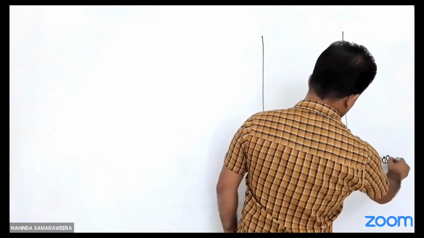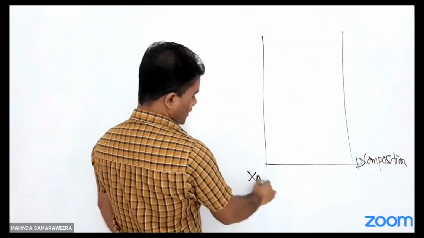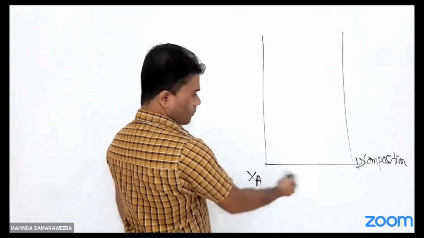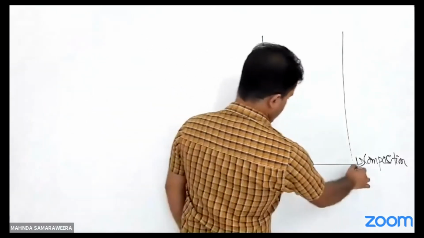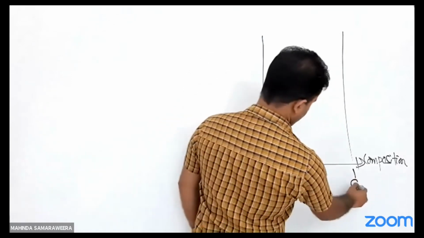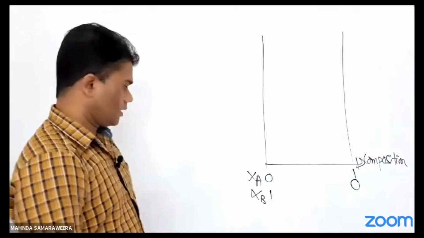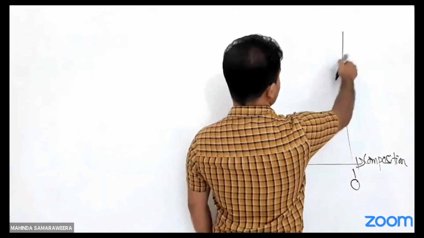This is composition. That composition can be the vapor phase composition or the gas phase composition. It varies like this, 0 to 1 and 1 to 0. Xa equals 1, it's P naught A. You get,